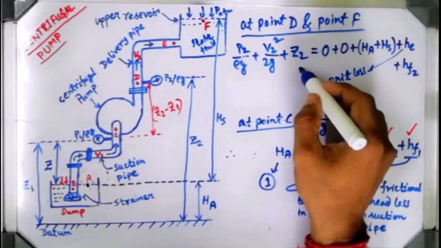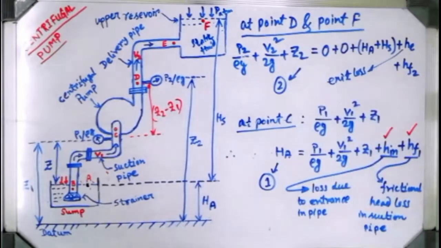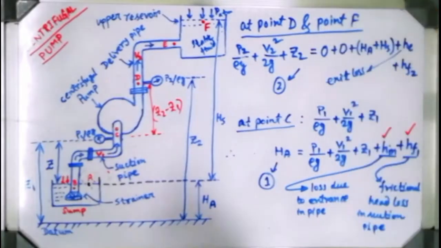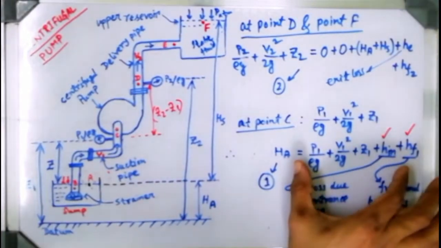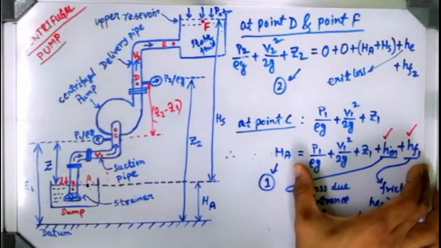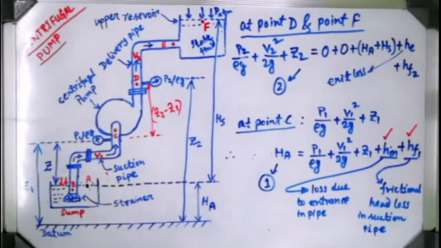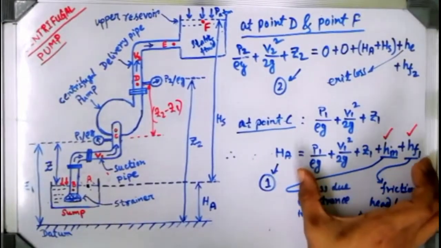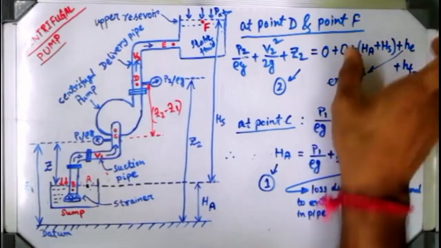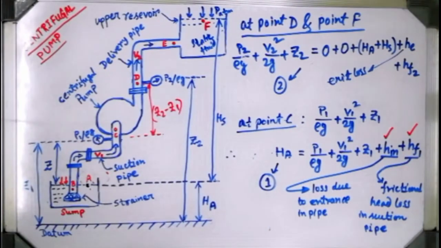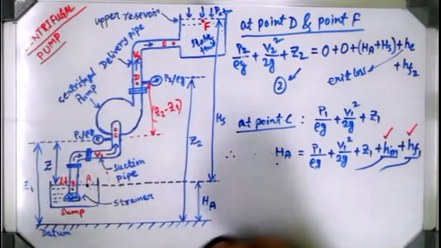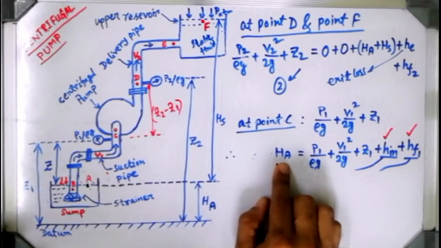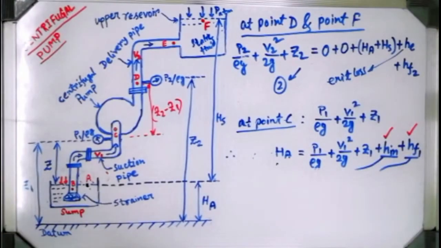You can name this equation number 2. Here also you can cancel this 0 part. Now what we do is a substitution. That means this HA expression, you copy it and put it over there. Just copy this expression of HA and put it on this equation 2. Substituting that HA value into equation 2, then what will we get?